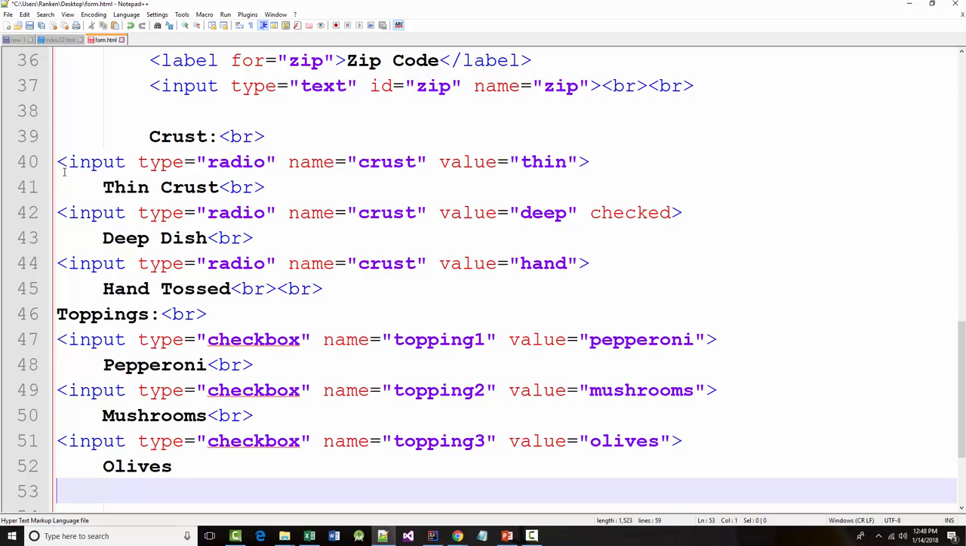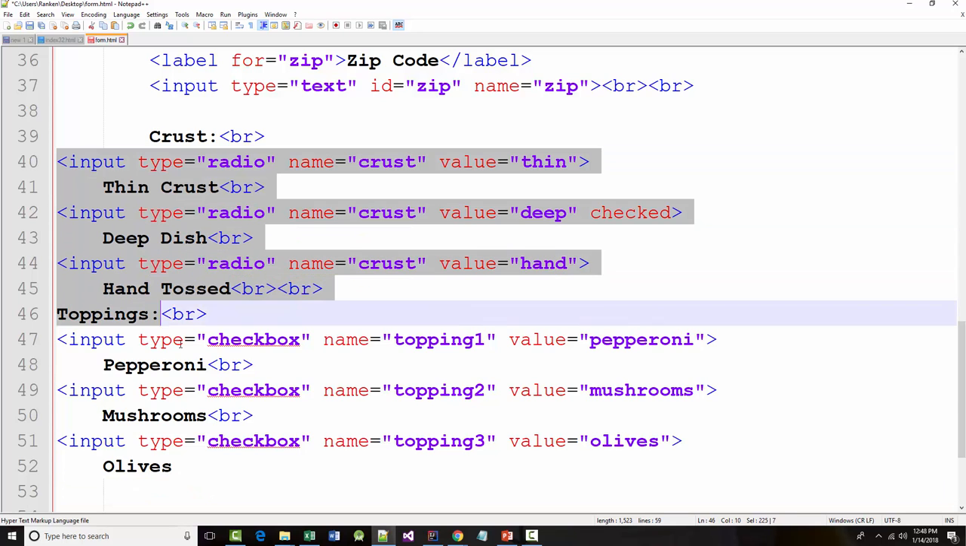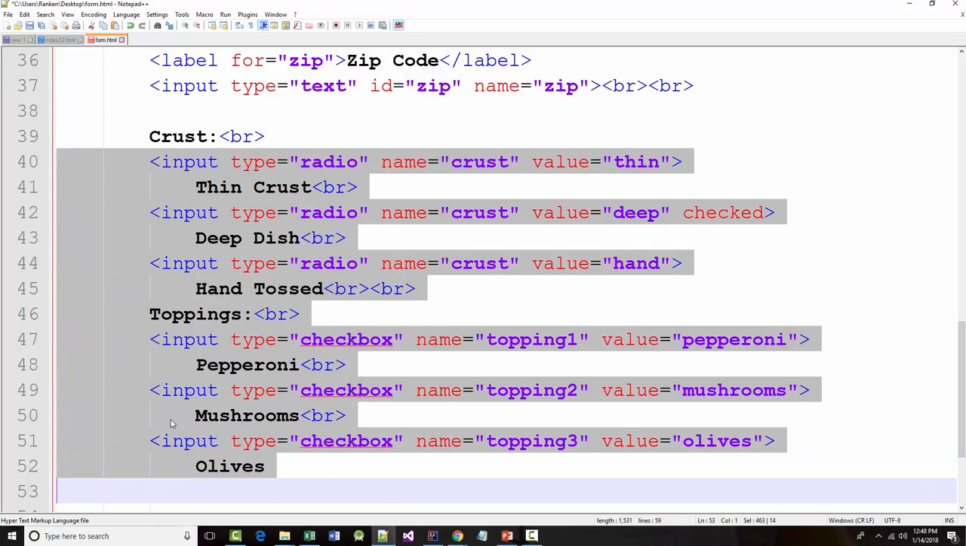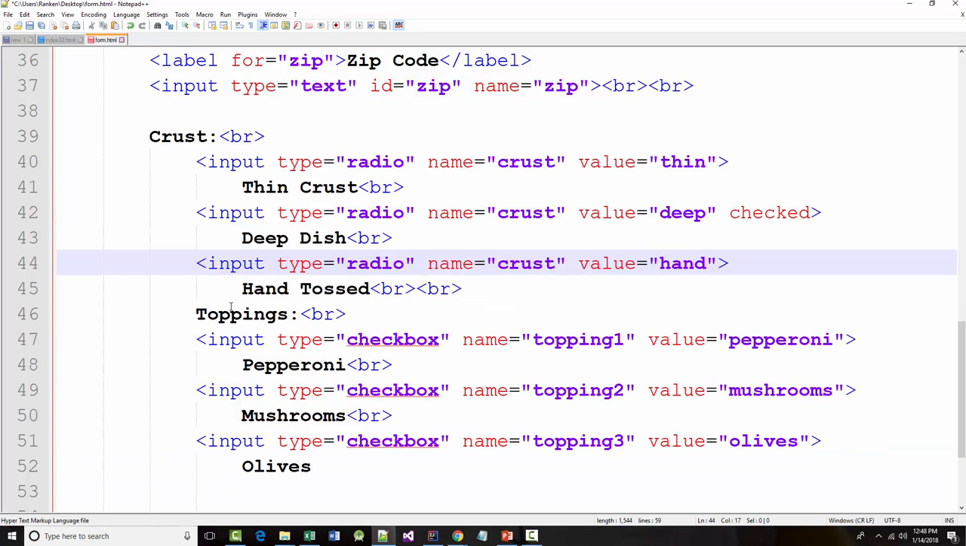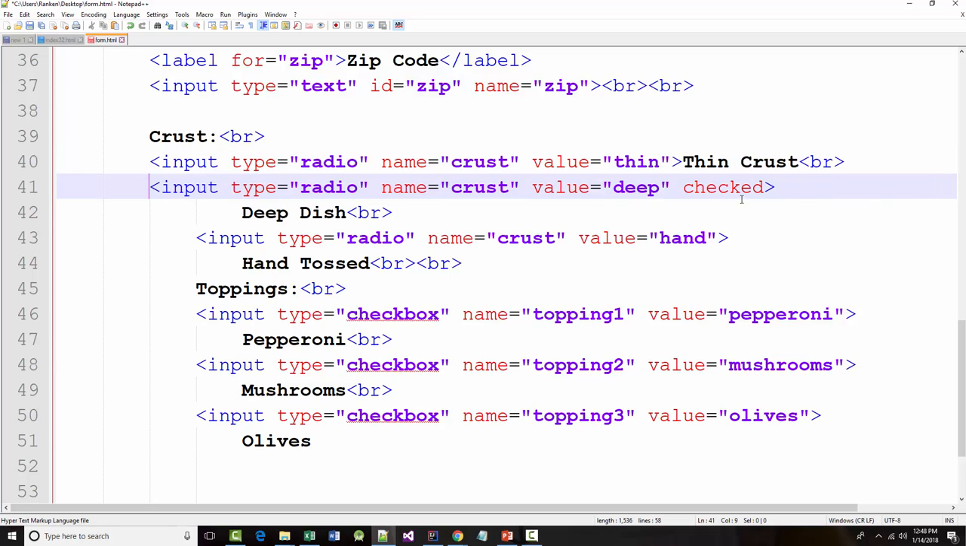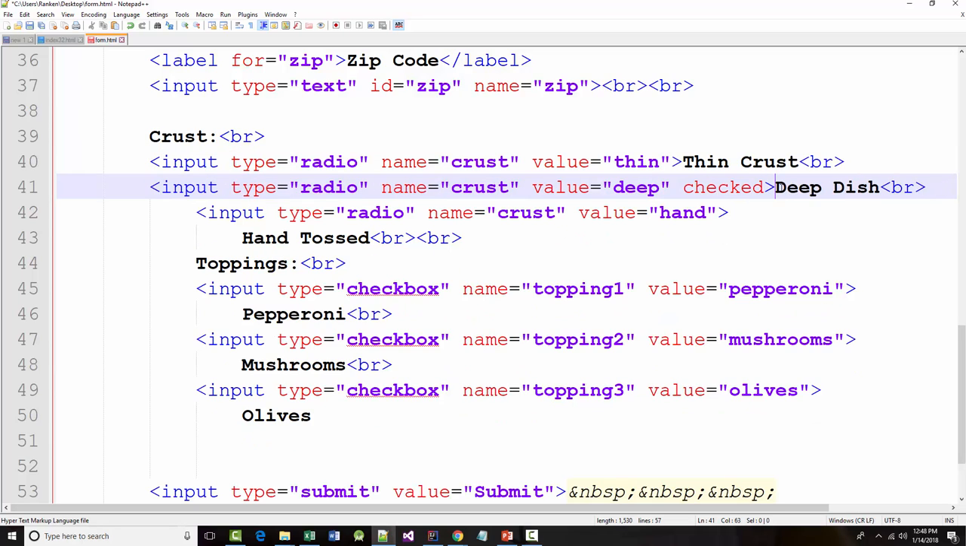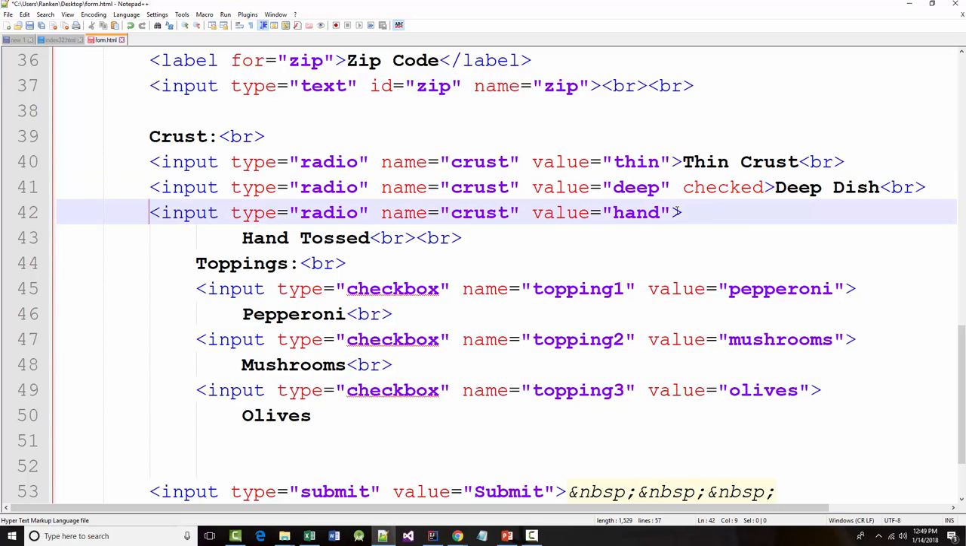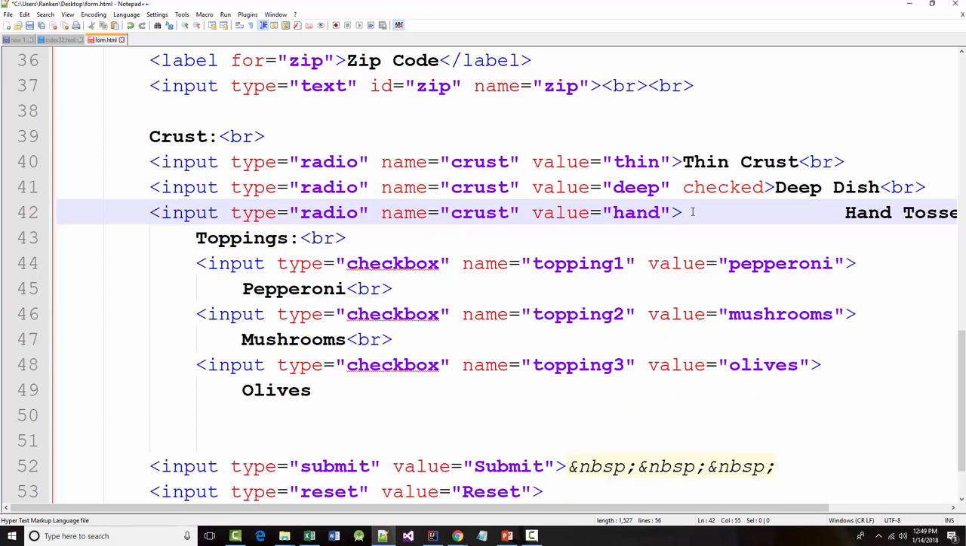Now it's going to look pretty ugly, so let's clean it up a little bit. Right, so crust. I think we can put this all in one line. We will fit all this on one line. I just want you to be able to see what's happening in here. Deep dish, hand tossed, a couple blank lines,